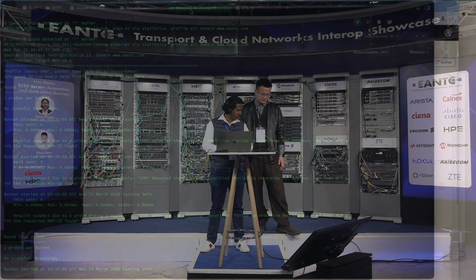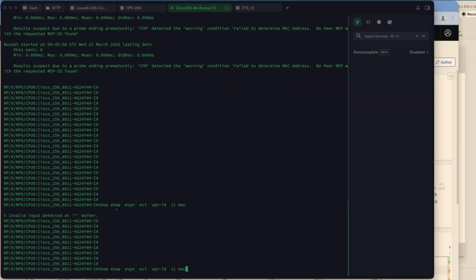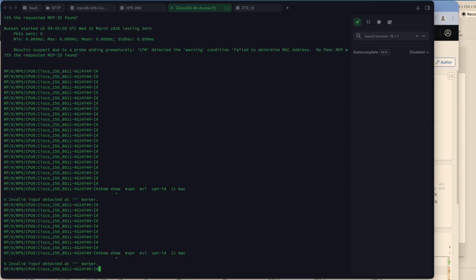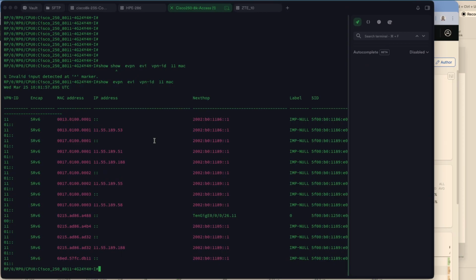This is between two nodes on Cisco, showing the EVPN ELAN VPN ID and the MACs that are being learned. These are all the MAC addresses that we are learning across the two endpoints when this is orchestrated across the service. And then we are also determining them to show between